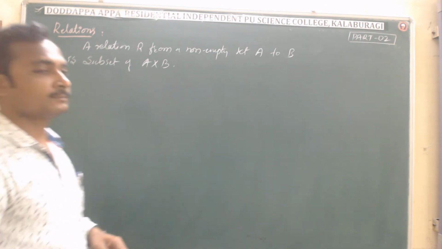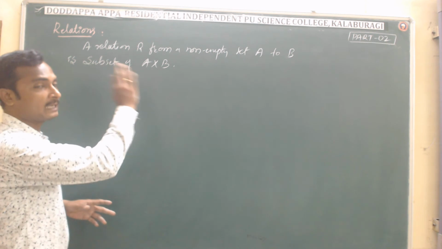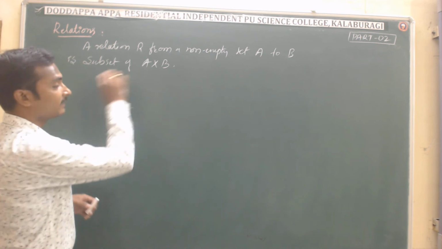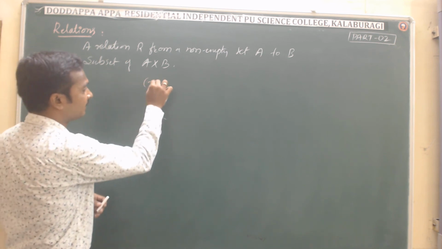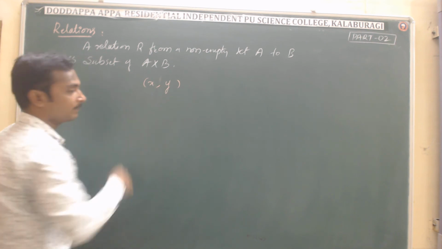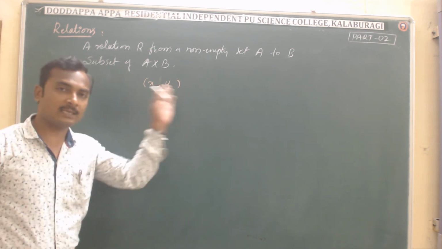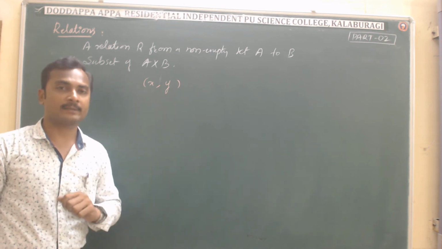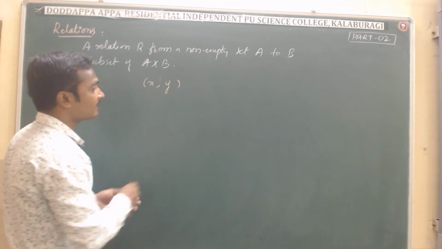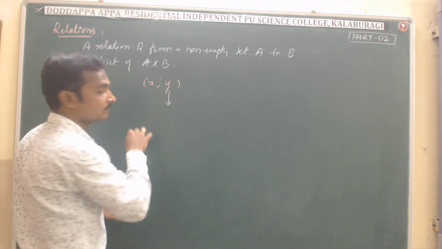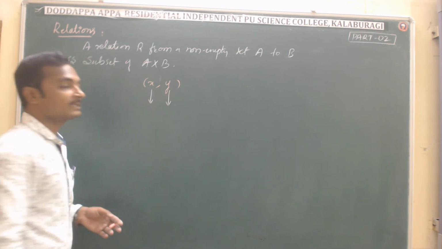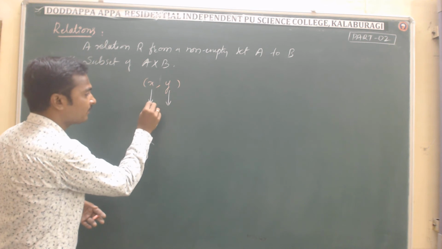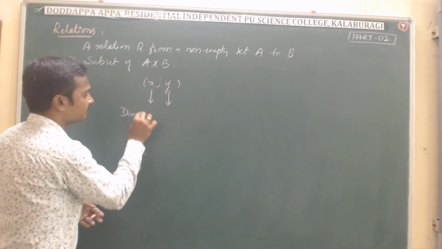You have to note here that each element, we already know that each element in this Cartesian product A cross B, they are of the form ordered pair. They are of the form ordered pair, right? So each element in this Cartesian product A cross B, they are of the form ordered pair. Now what is the behavior of each second element and each first element? In this, each first element is called a domain.